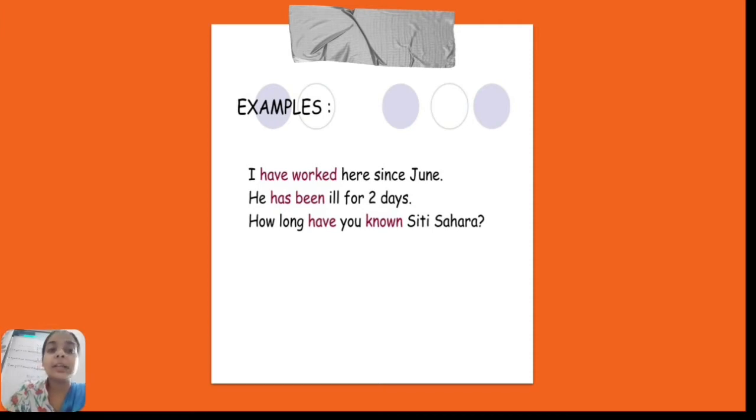He has been ill for 2 days. It means before today the action was done, it is a state of being ill. So the situation already started 2 days before, it is in the present, and it might continue in the future also. How long have you been in the city, Sarah? So these all are examples of present perfect tense where we are talking about